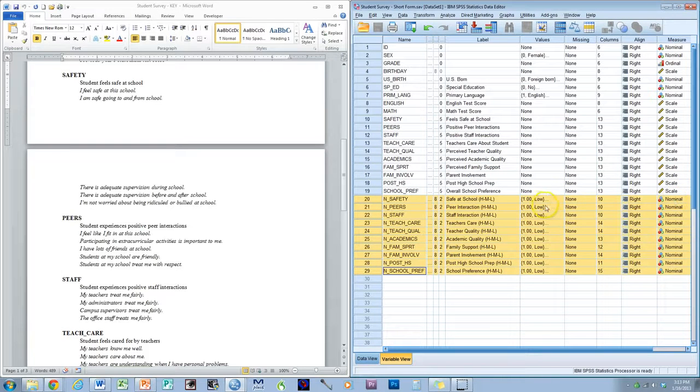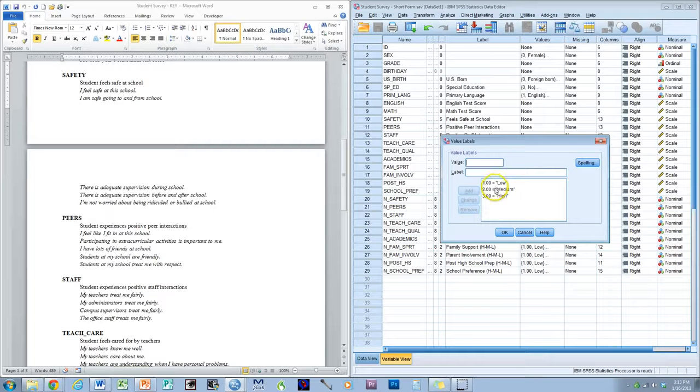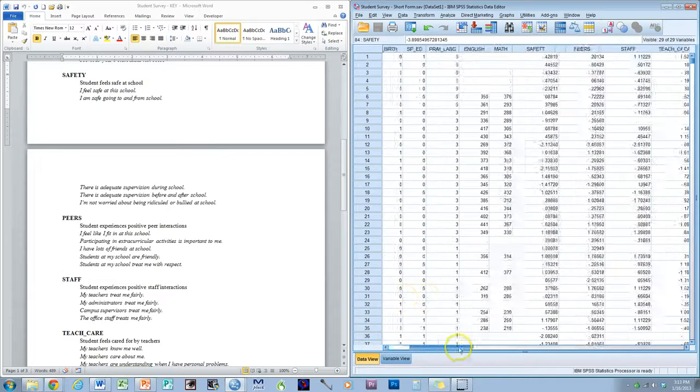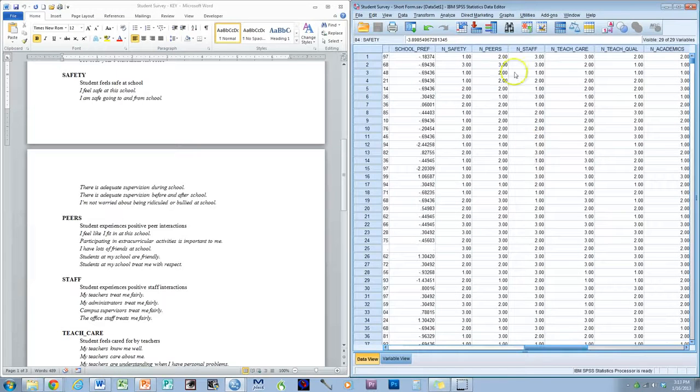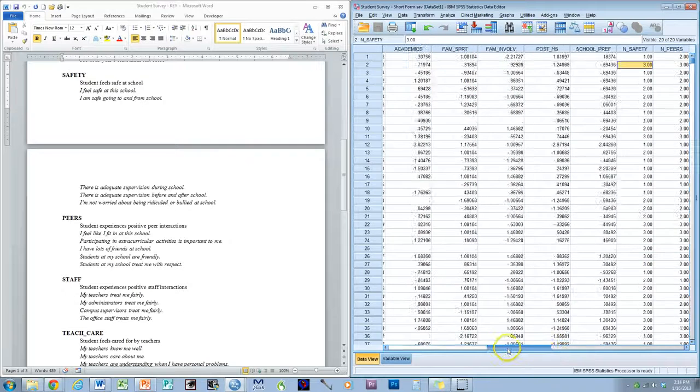So what I've done is I've grouped them low, medium, and high. So if the kid has a 1, let's go over here. So the N means nominal. If they have a 1, this person here, they are on the low end. They feel less safe. 2 is in the middle range, an average level of safety, and the 3 is the high end. They feel more safe.